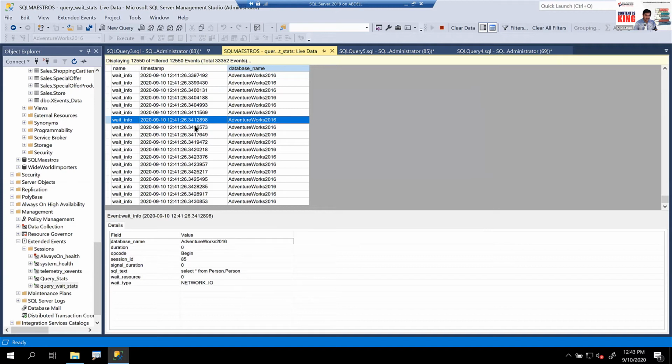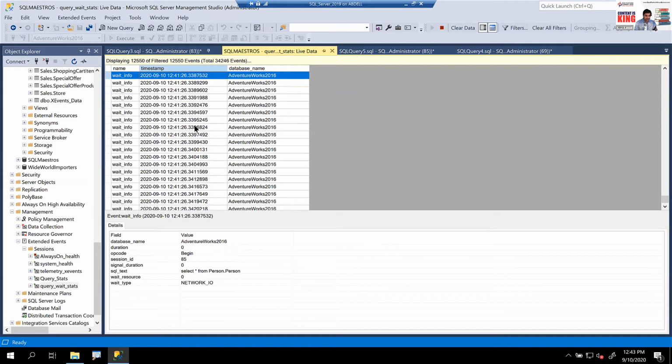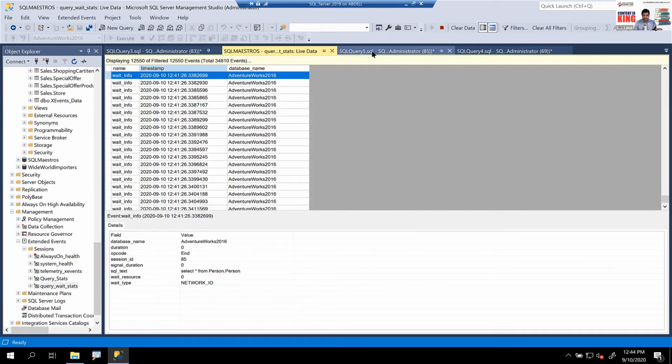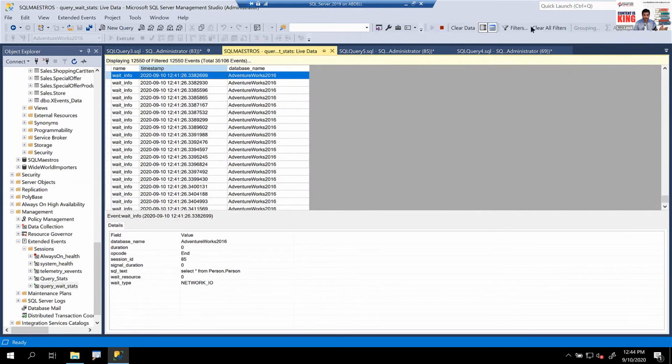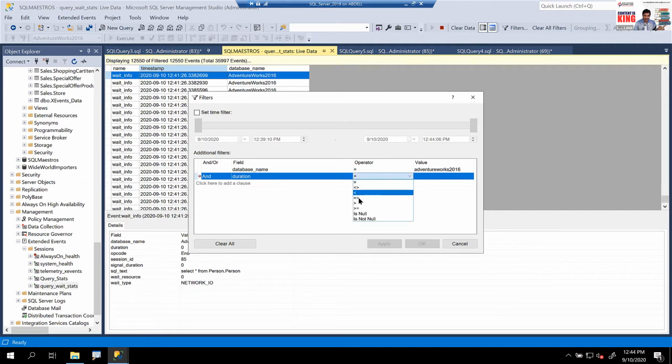Except the fact that I can see my queries there multiple times, with wait info being captured. So let's try to drill down even further, because I just want to go down to the one where the duration was about a minute. So I'll just take 50 seconds or so, right? So I can go to filters, but before we do that, no, I can do it here. And I can say, let's take duration is greater than 60 seconds.